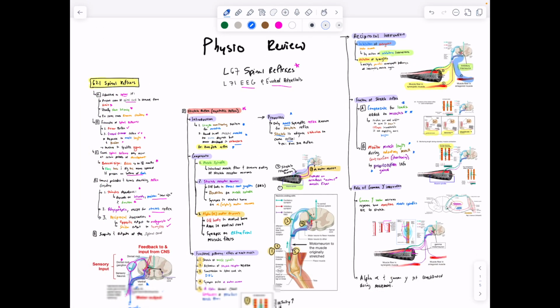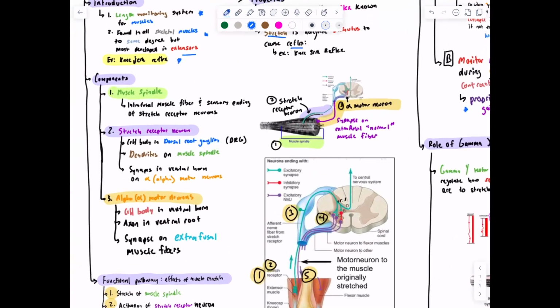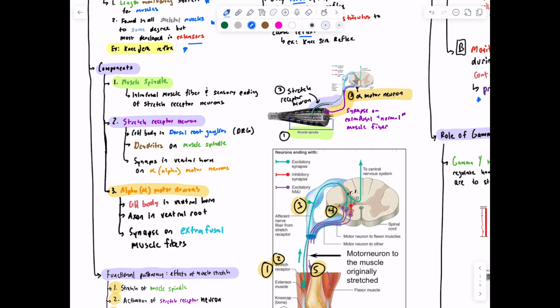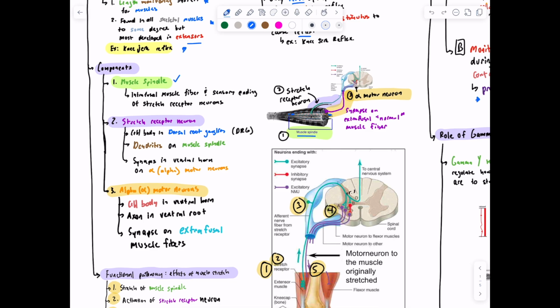All right, so compensate for loads and monitoring muscle length are what the stretch reflex is about, but what actually is it? We have three different components. We have the muscle spindle, and that's located here. You can see this highlight, it's a little bit right here. And we have, basically this is an intrafusal muscle fiber, and it's the sensory ending of stretch receptor neurons,